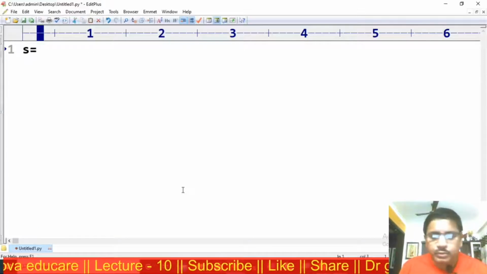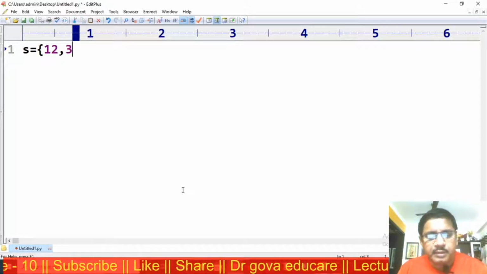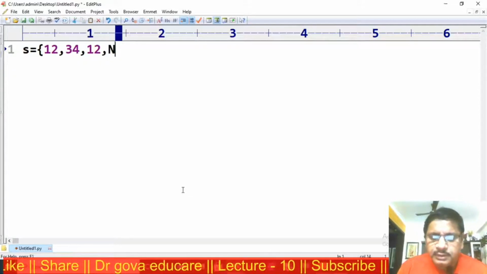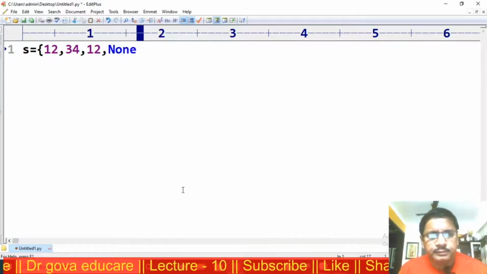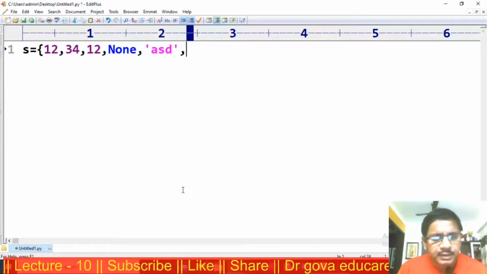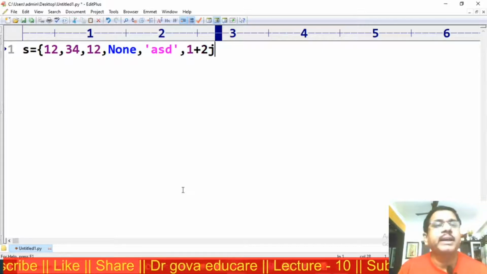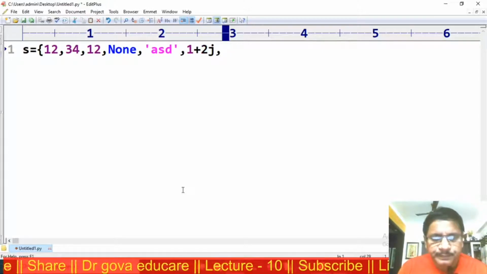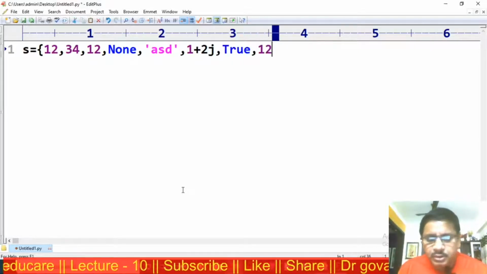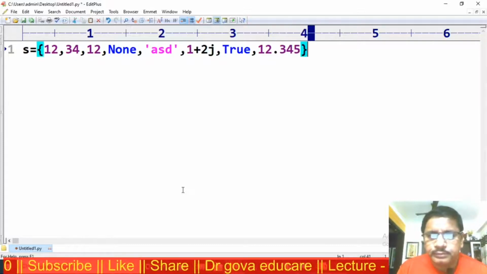S is equal to some elements: 12, 34, 12, none, ASD, 1 plus 2j, true, 12.345.